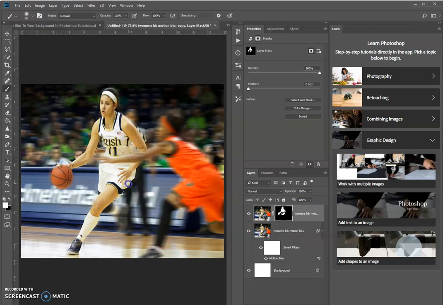As you can see, everything's becoming clear by doing this. Takes a little time, but be patient with yourself. And there you have it. And there you go. And that's how you could use the motion blur effect to create some attention to your